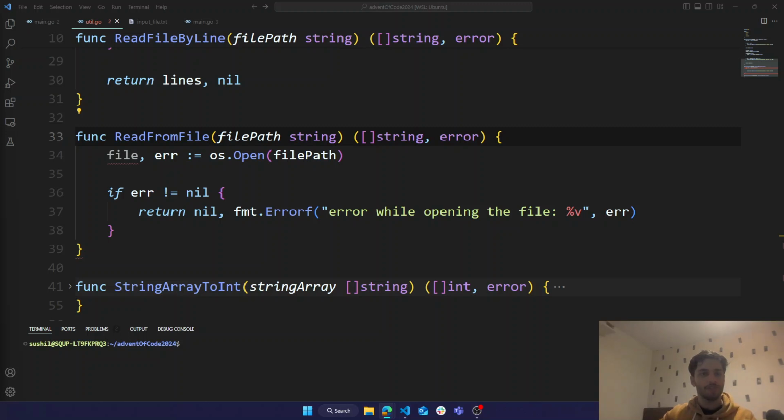It's used to read the contents of a file into memory, reads the entire file and returns it as a byte slice. Let's say if it returns as a string,